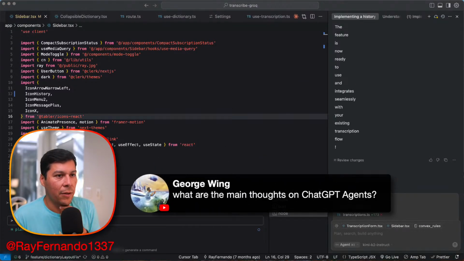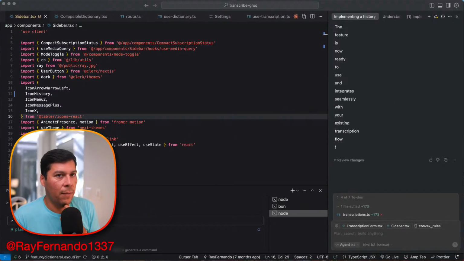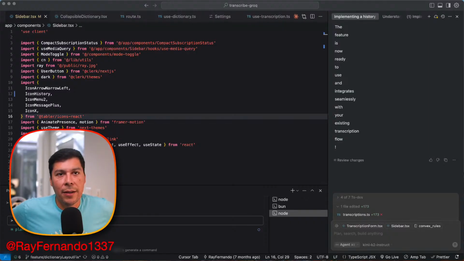What are your main thoughts on ChatGPT agents? The agent stuff is interesting. I think it's still really early and I need to play around with it a little more because I just got access. I want to see how it is at doing some day-to-day research, because I have celiac disease and I want to have it research restaurants for me, since I spend a lot of time there and I just want to be able to do that.